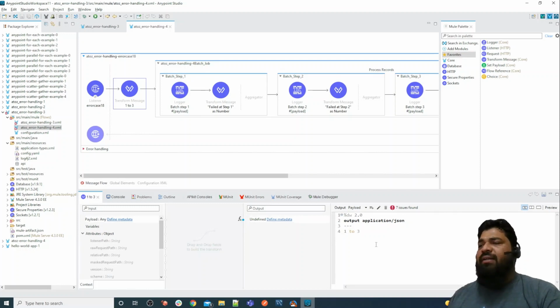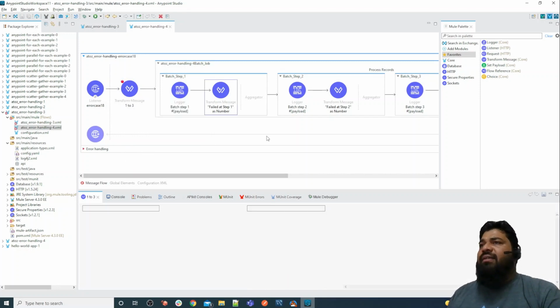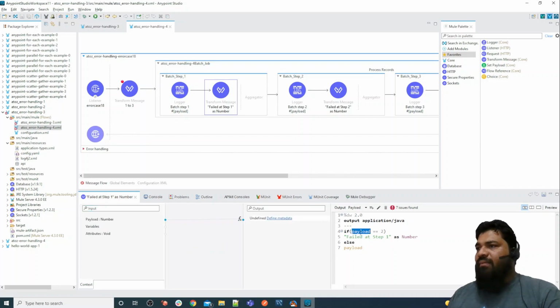I am providing an array of numbers from 1 to 3, so there are three numbers I am providing. At the second one, if the payload value is second, then I'm converting this particular string into a number, so it will basically throw an exception. So my second record is failed at step 1.